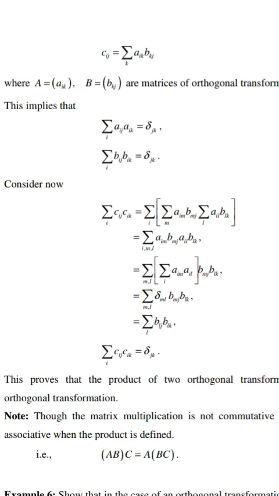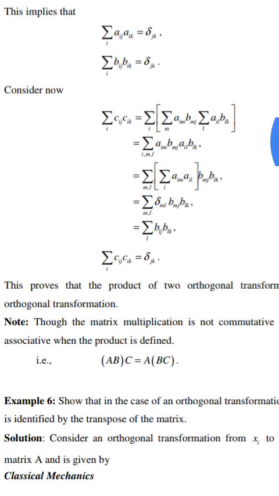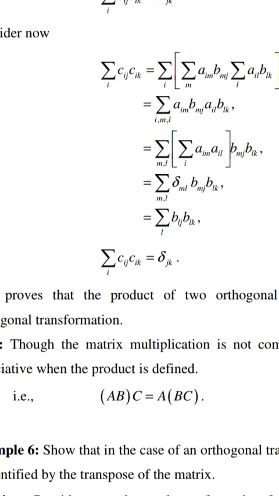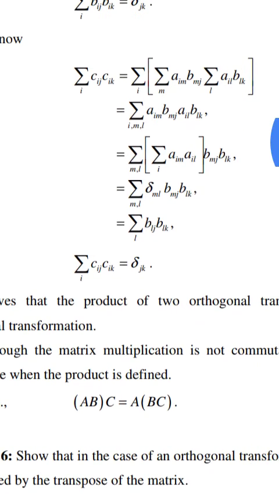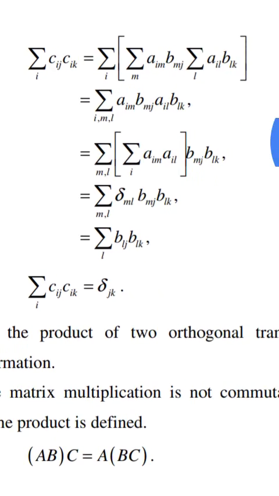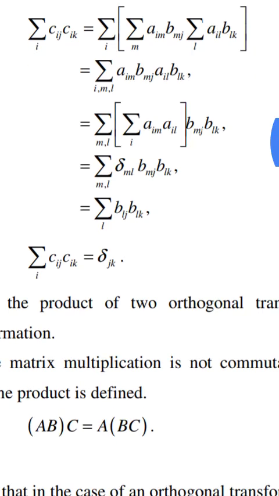This implies that the summation of Aik, Ajk is equal to delta ij, and the summation of Bik, Bjk is equal to delta ij. Consider now the summation of Cij, Cik, which is equal to the summation of Aim, Bmj, Ail, Blk,